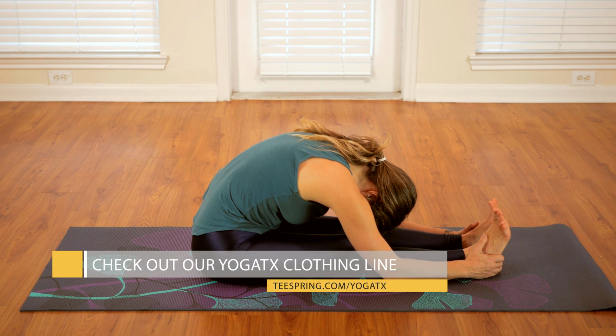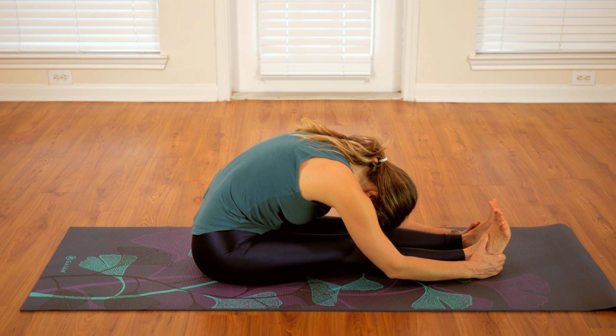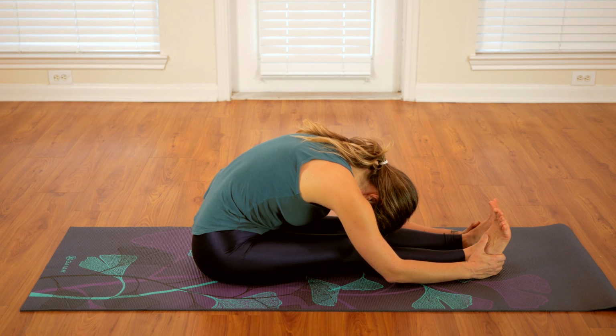the deeper and deeper you're able to fold, finding more layers of release. So give yourself permission to just be here with the pose, dancing along that edge,